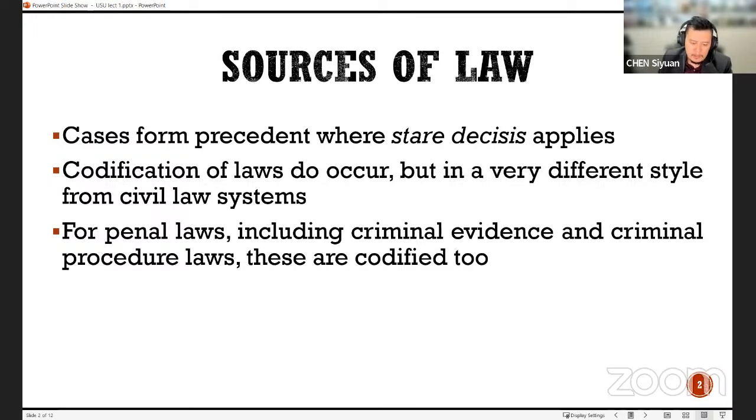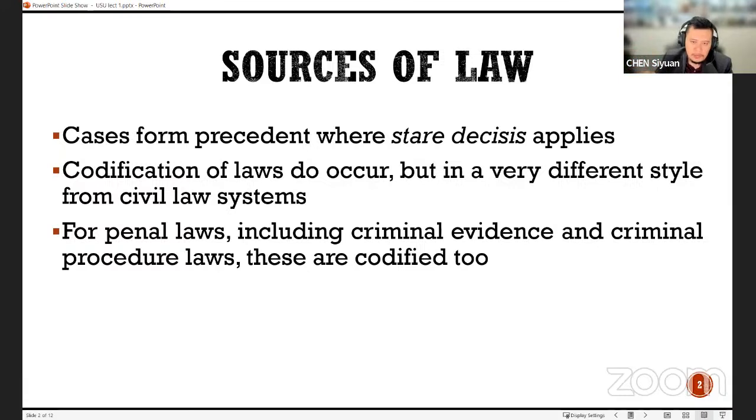What this means is that in Singapore, I've already mentioned that we have a three-tier court system, right? The state court, the High Court, and the Court of Appeal. But what happens if you have a statute? What happens if you have a codified law? In Singapore, the highest law of the land is the Constitution. I think that's probably the same in many parts of the world.